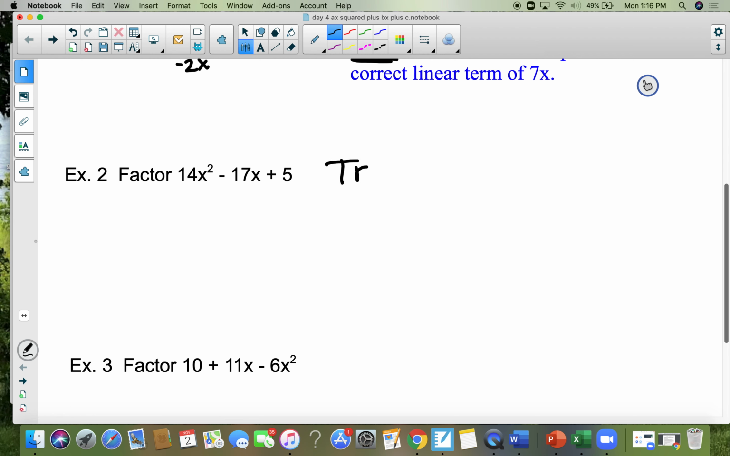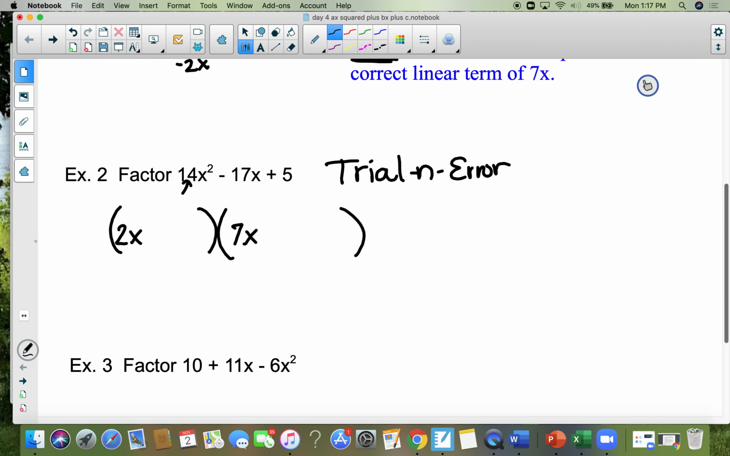Trial and error. So I'm going to start with this. And I know I need to do trial and error because there's a number here, and I'm gonna start with a 2x and a 7x. And I know that that makes 14x squared. Well, the good thing is there's only one set of factors of 5, so I'm gonna do a plus 5 and a plus 1 here, and that makes 7x, and that makes 10x, but that makes a positive 17x,